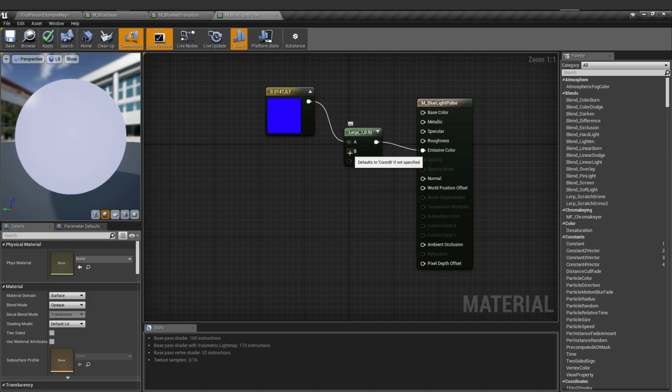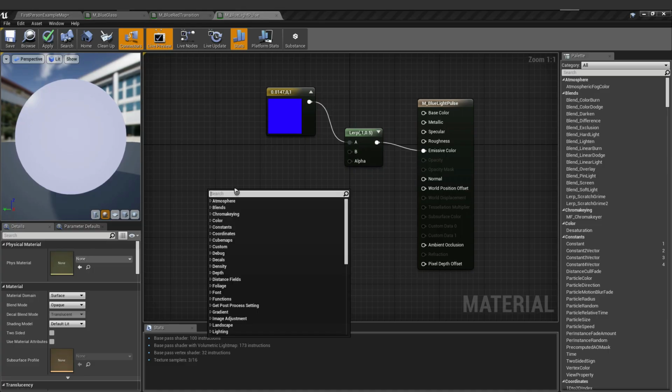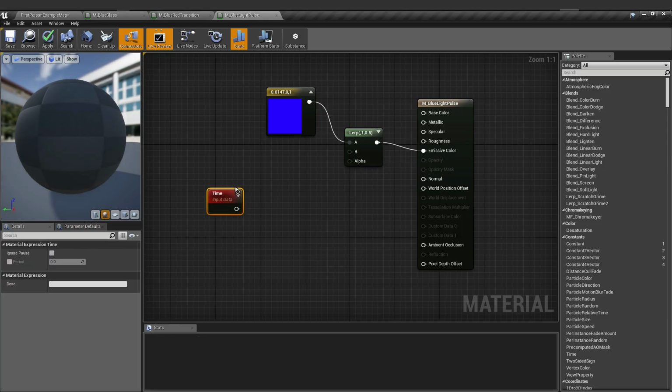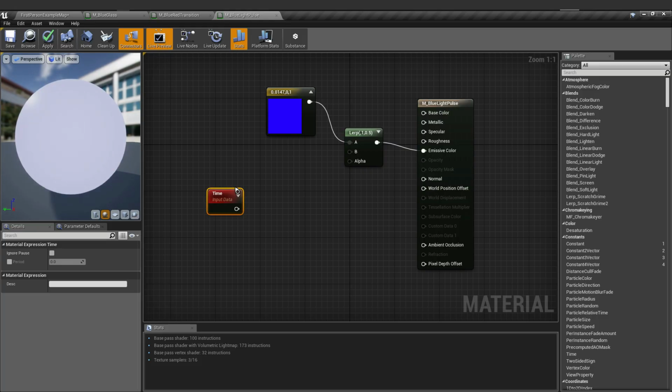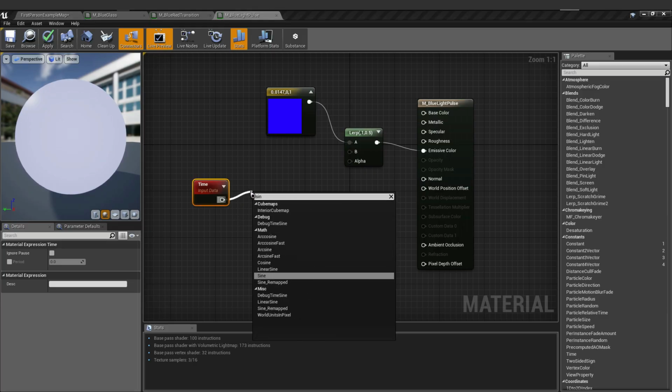Then next, we're going to add a time node because when you want some transition, some basic animation of a material, time is very important because it reads seconds in periods, or it depends on what you need in a material animation or transition. So we use time. And especially in transitioning color or transitioning light, sine is very important. So we add sine here.